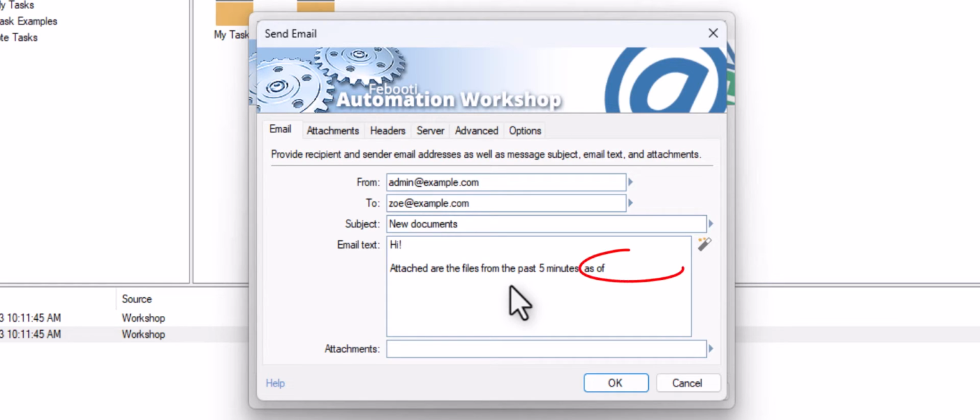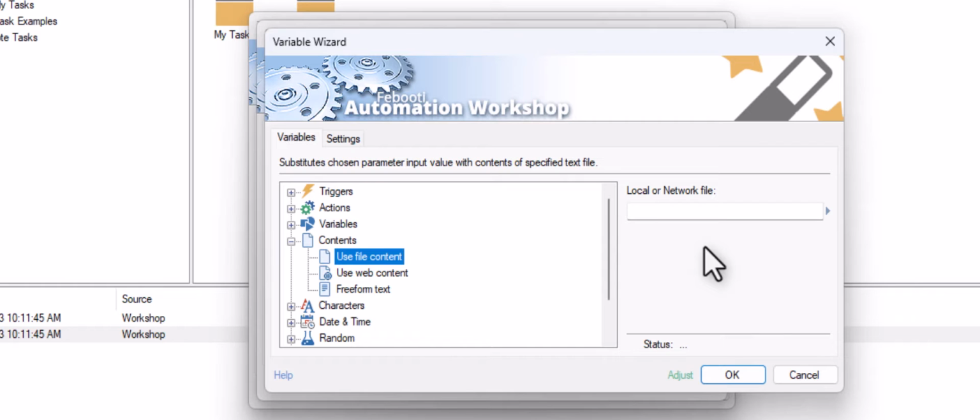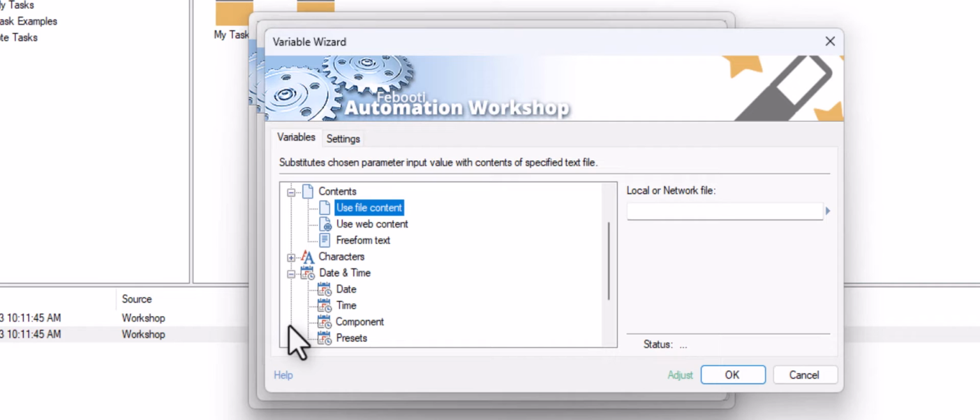I'd like to add the current time to my email message. To do this, I'll turn to the Variable Wizard. Now let's browse the date and time presets.